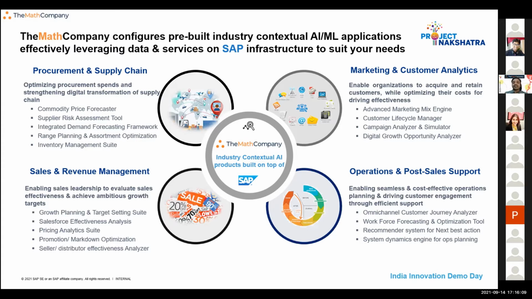So some of the functional areas where we have greater maturity include supply chain, sales, marketing, and post-sales support, including operation support. In these areas, what we do for some of our customers includes solutions which are strongly backed by AI and ML, such as commodity price forecasting, able to predict the right price at which you want to buy your raw material commodities from different markets and be able to effectively manage your spends when it comes